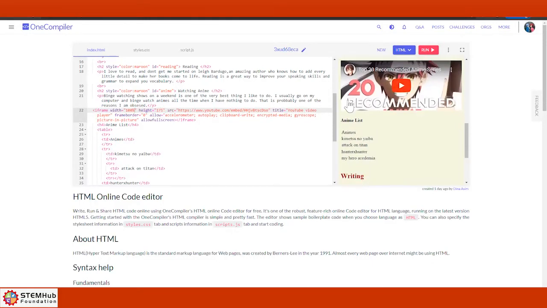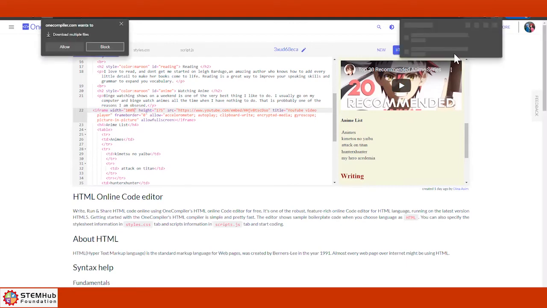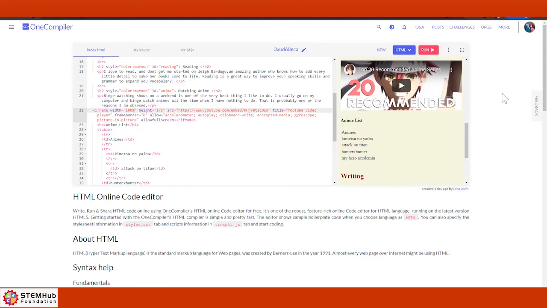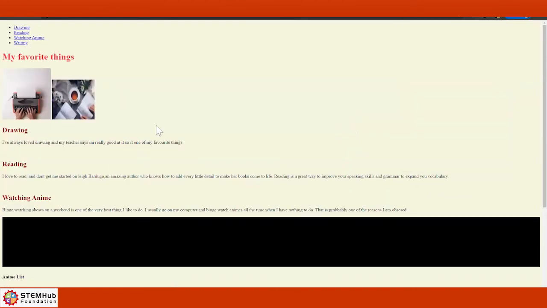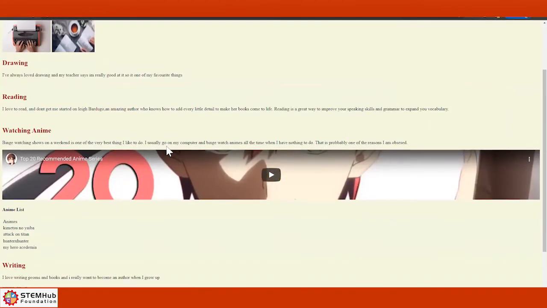Now download this thing. Go to the three dots and download. Click on those three dots, download. See if it lets you download. And then open up what you downloaded. It should be at the bottom of your browser. Open up the index HTML. Just go index, see where it says index. Here? No, up, not that one. Down one, this one, yeah, open that one. Scroll down. See how it takes up the full screen?